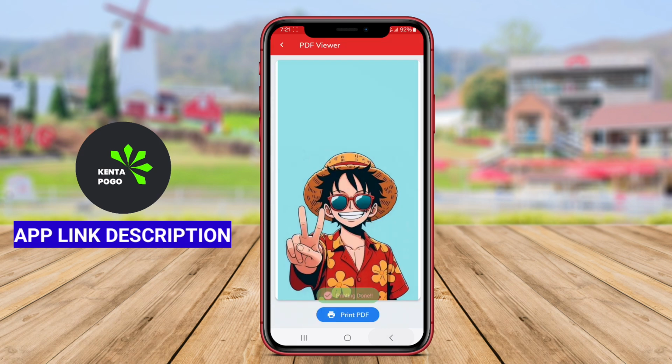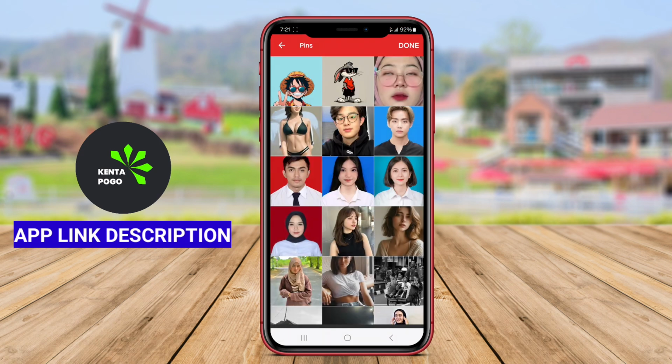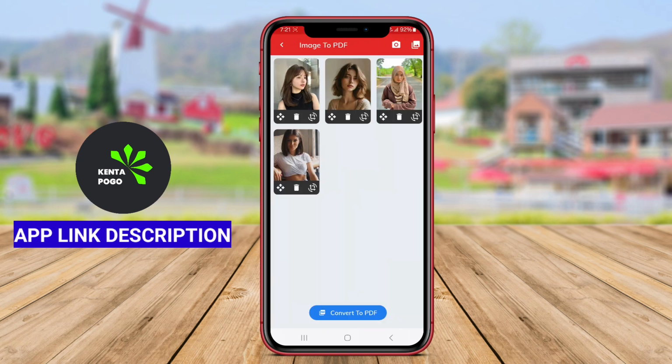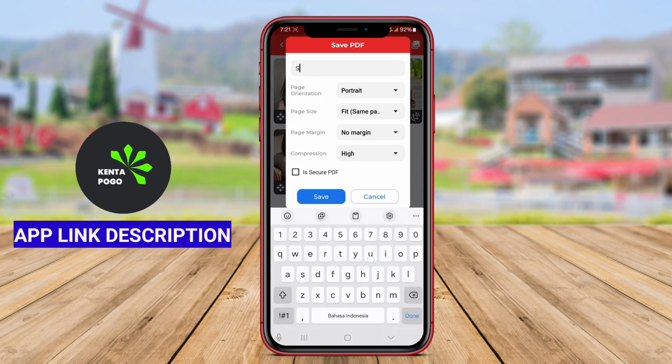if necessary. In addition, Image Convert to PDF often supports multiple image formats, including JPEG, PNG, and BMP, making it flexible for various user needs. The app may also include options for adjusting the quality and resolution of the output PDF, ensuring that users achieve